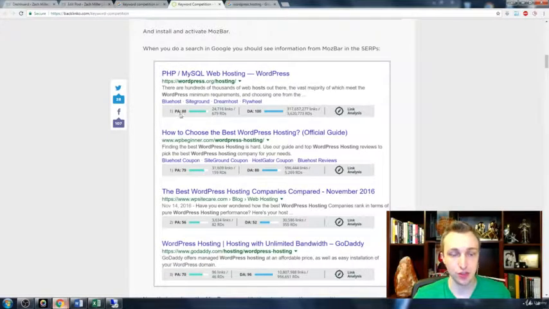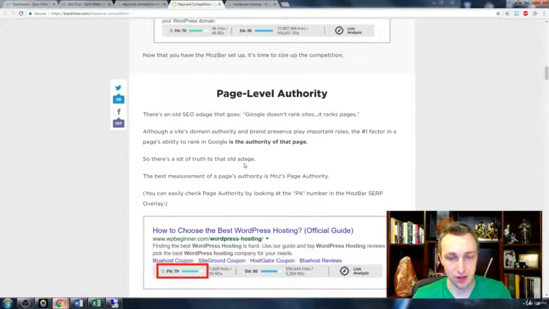But this is going to have a lot of stats, and it's going to look just like this. It's going to show you the PA, which is known as the page authority, the DA, which is known as the domain authority, and the number of links that are literally pointing to this page and saying, yes, this page should be ranked because we link back to it and we think it's important for these keywords. And I'm going to explain what a backlink is in a little bit more detail if you're not already familiar with that. But basically, the backlink is something where, hey, I'm going to come in here,